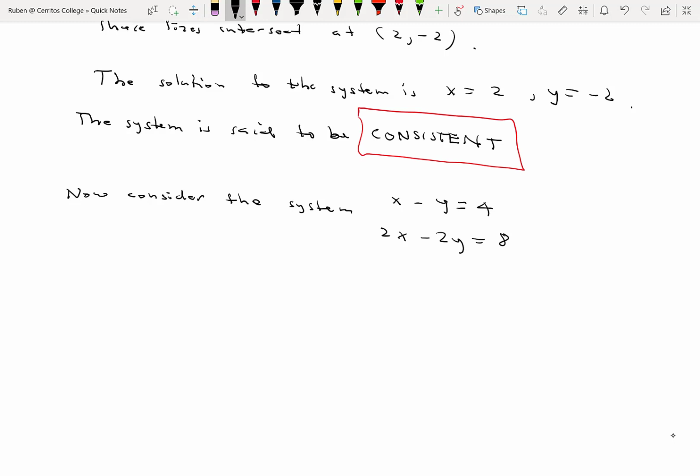So this represents two lines that are right on top of each other. In other words, they represent the same line. So every point on either line, they're both the same line, is a solution. So as long as x minus y equals 4, 2x minus 2y is going to equal 8. So we're going to have an infinite number of solutions. And the solutions can be regarded as all the points on either line, the common line. The solution to the system